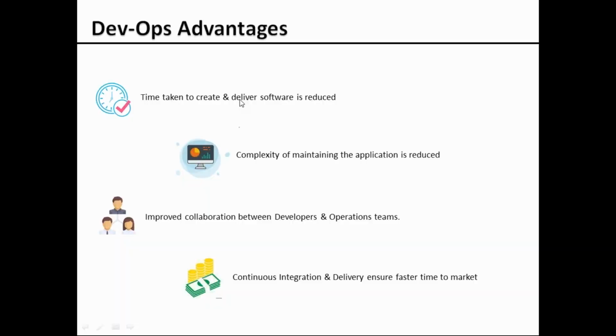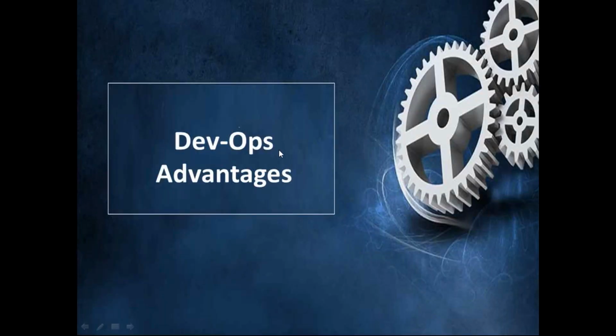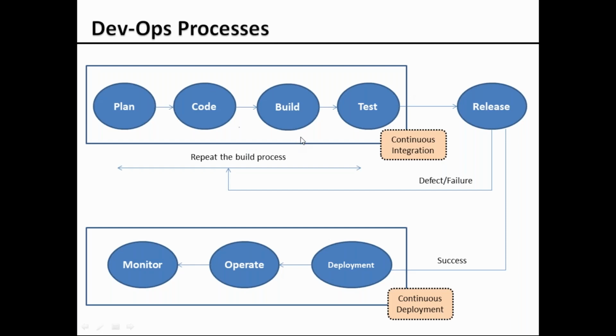So as I clearly mentioned, I think we have already got to know what challenges it has resolved, and they lead to the advantages of DevOps. These are the top advantages of DevOps. The time taken to create and deliver software is reduced, because you are not waiting to complete the complete software. You are working on bits and pieces of the software, giving them for testing and then to the client for verification. So any changes come in at a very early stage of your software development, so that you can take care of and fix them or add them to the complete software.